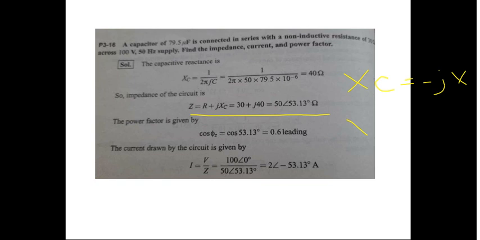XL is always plus JXL. I don't know in what way they have taken. That is the reason why I have deliberately taken this example. So your Z here should always be